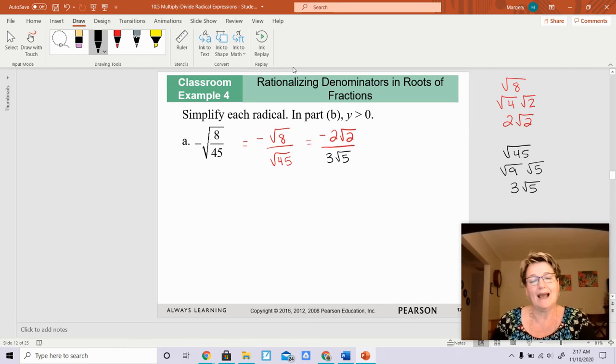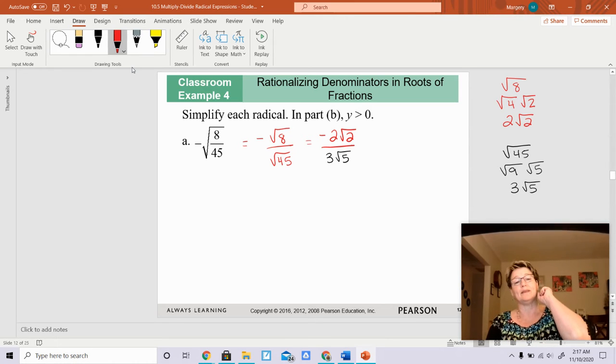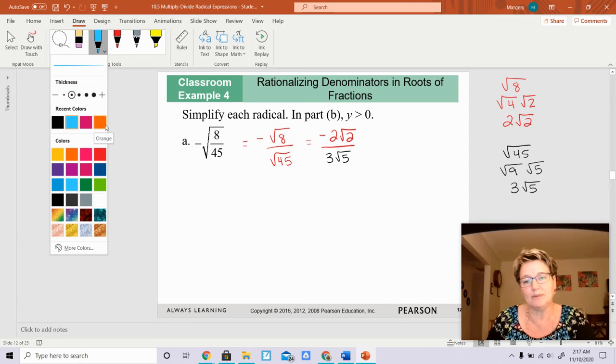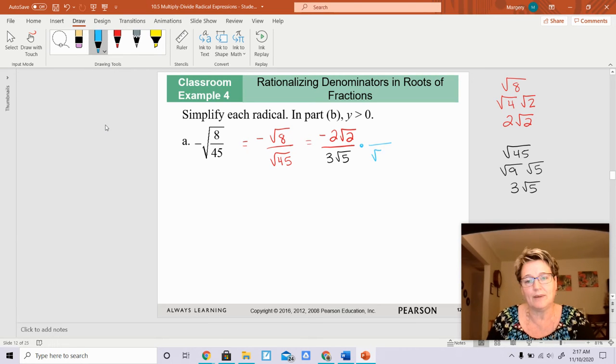So now I have a radical of the square root of 5. So I need to get that cleared up. I know that the square root of 5 times the square root of 5 is the square root of 25, which is 5. So my goal is to get rid of the radical in the denominator. So what I'm going to do is multiply the numerator and the denominator by the square root of 5. I chose the square root of 5 because I had a square root of 5 in the denominator. So I knew if I just multiplied it by itself, it would go away. So now I'm left with